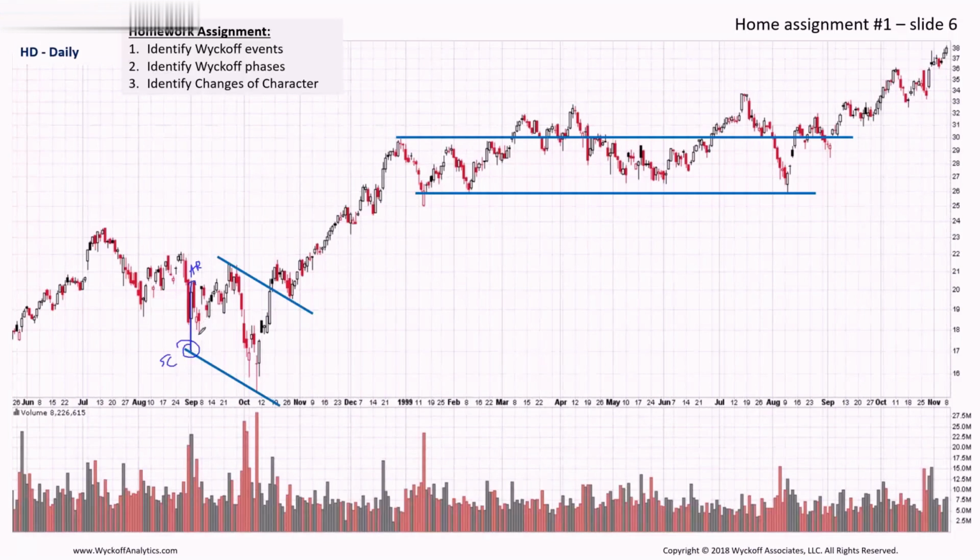Okay, so then the next reaction and the next low as a higher low could be labeled as secondary test, and that defines phase A. The intention of phase A is stopping action. Great. What are we stopping? The downward movement. Okay, great. So now that we've stopped that, now we could define the